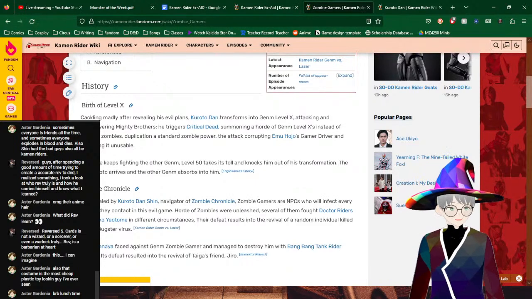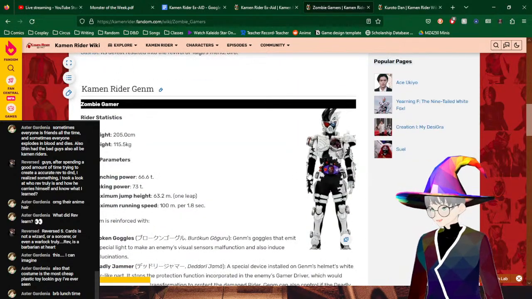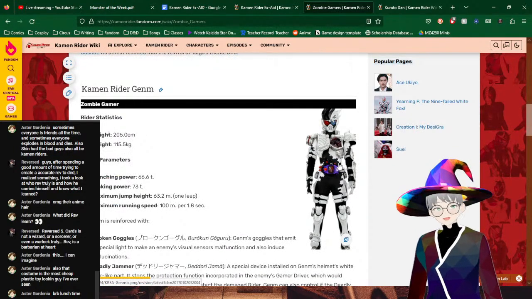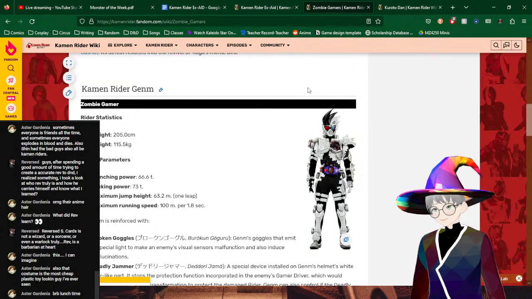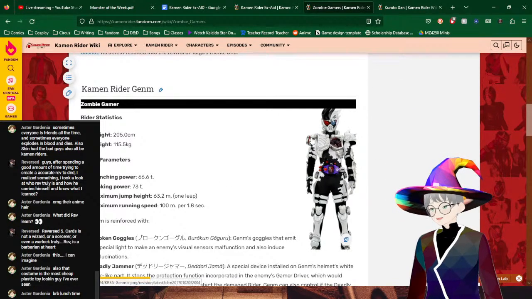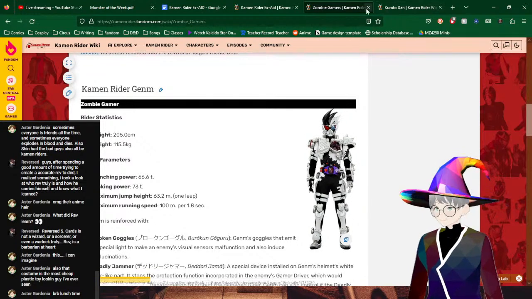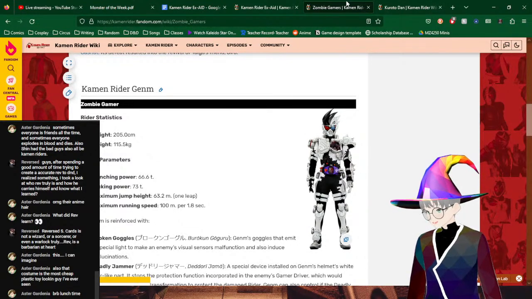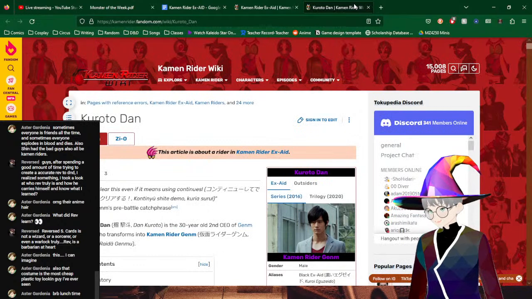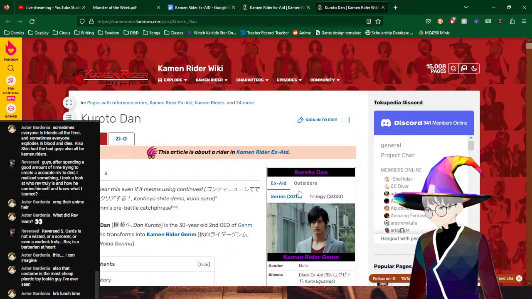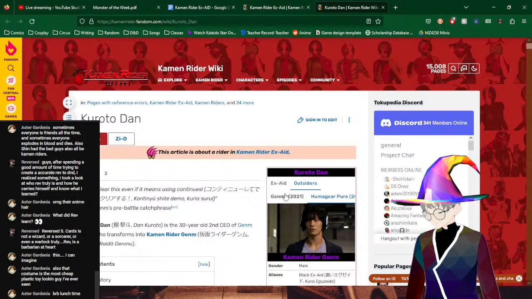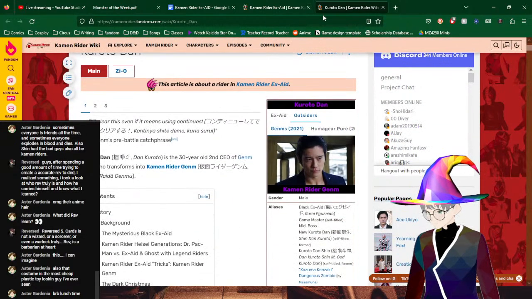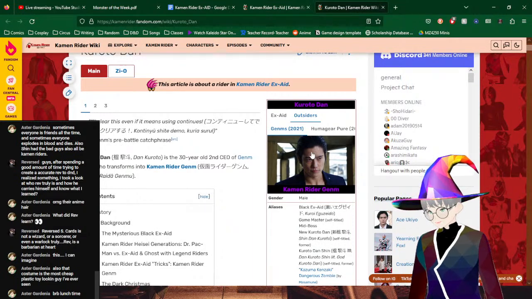But yeah, once he gets this form, he gets access to a special thing that will allow him to survive past when his health meter, because all the riders in this one have health meters, gets to 0, because he's a zombie, because who cares about death? Man, he looks significantly older in that one. Anyway,